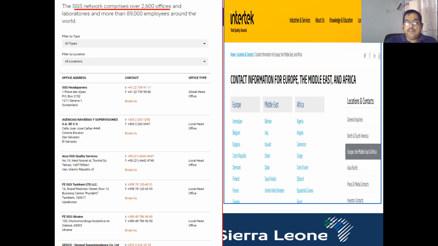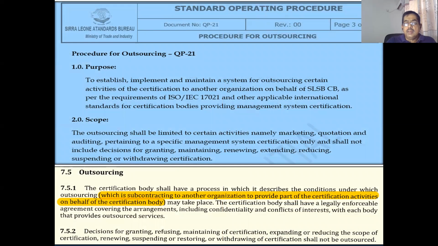So I'm hopeful that SLSB MSCB would develop in future the same kind of offices, at least in the region, because in the region many countries need this kind of services. So we were discussing this